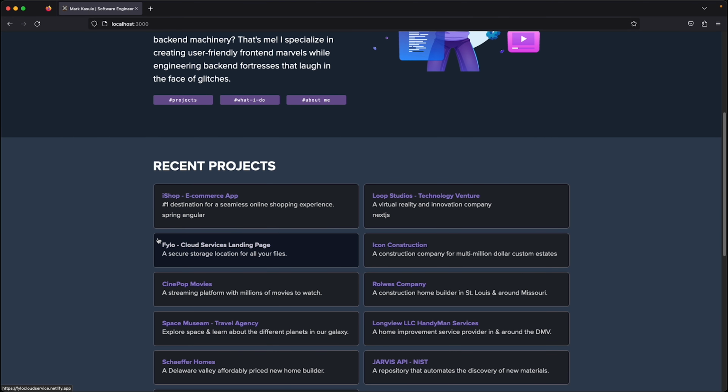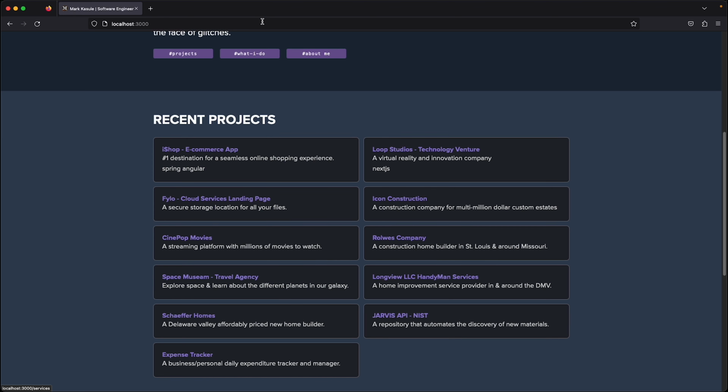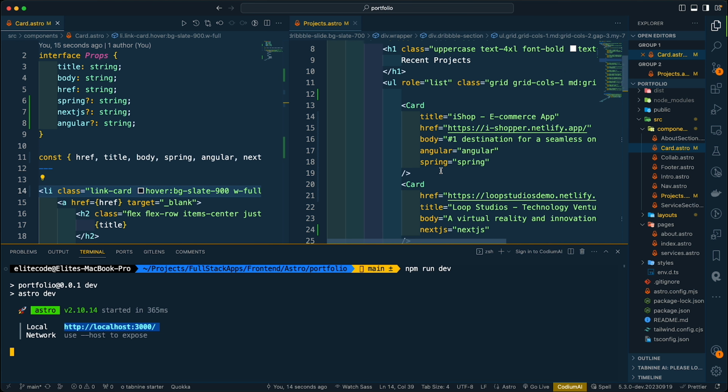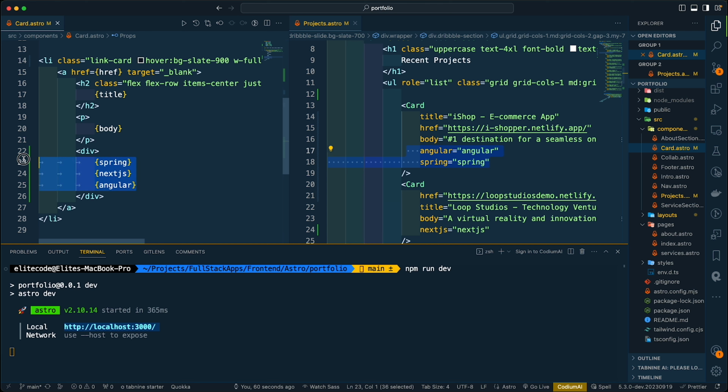So see, any card that does not have those instantiated will not show them at all. So that's how you can set up conditional props to your child element. Again, in your parent, instantiate them, then add a conditional approach to all those variables,